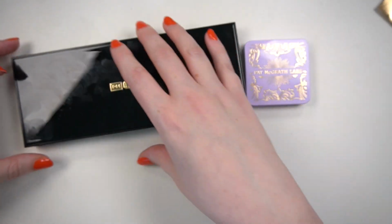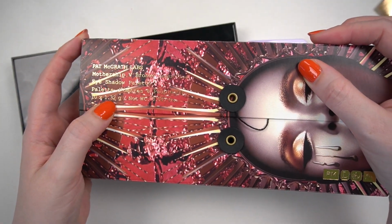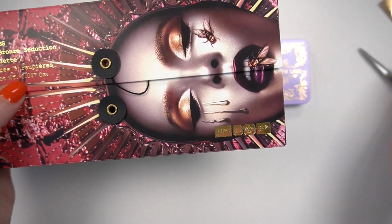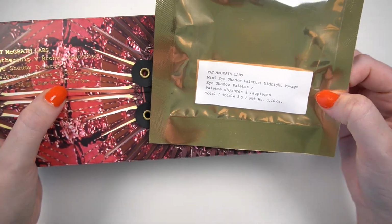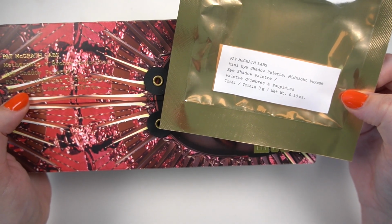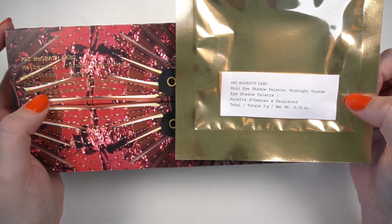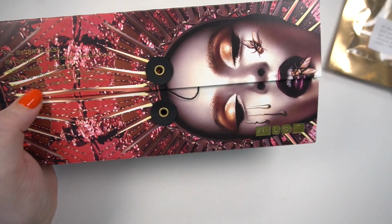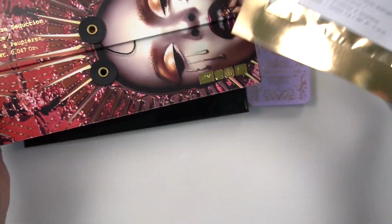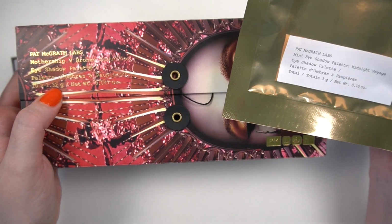So with this palette, you are getting 10 times 1.32 grams, or a net weight of 0.047 ounces. That doesn't really make sense for me, to be honest. I think it's generally easier to compare grams. So I think this means that there are over 10 grams of product. What is 10 times 1.32? Okay, so 13.2 versus 3. So you're getting over 4 times the amount of product in this palette, and you're also getting 10 shades